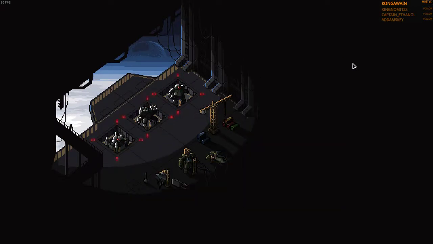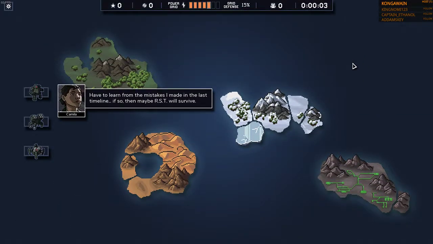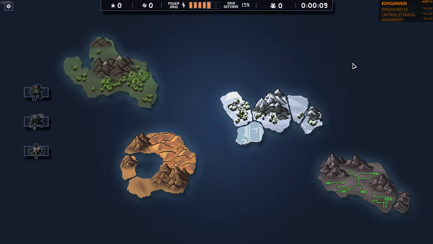I still contend I should be able to flip them into each other, though. Or mountains. Just suplex the shit out of them. Unfortunately, we can't. Have to learn from the mistakes made in the last timeline. If so, then maybe RST will...